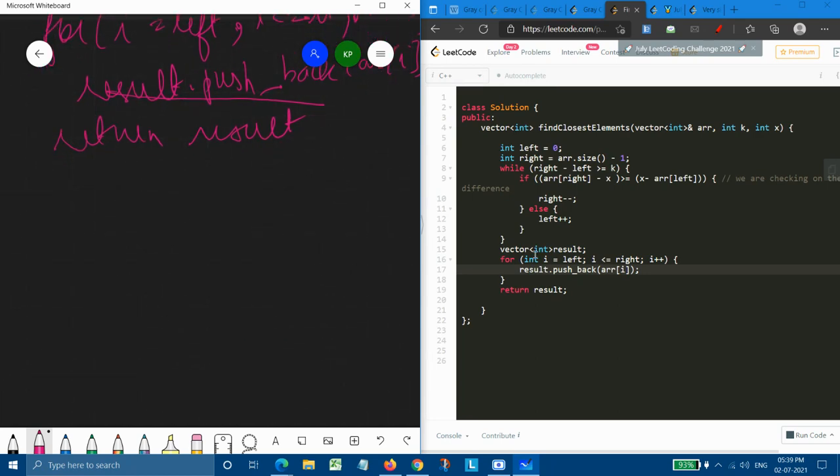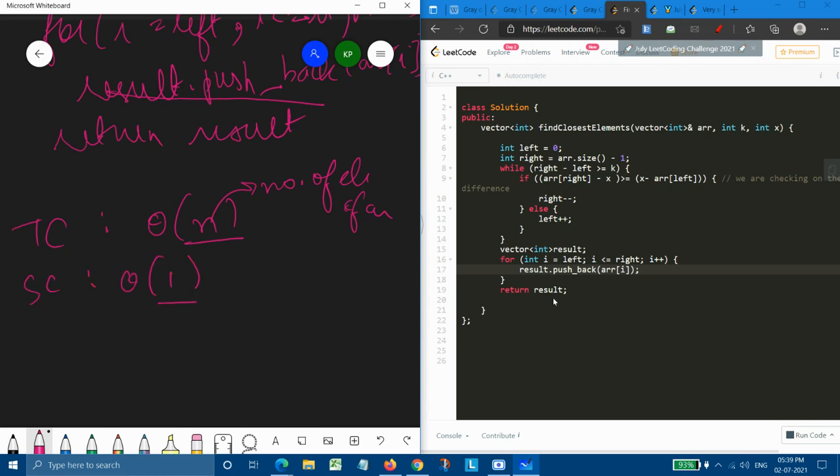On the right side we also have this code, and I have already explained this code while doing all this. So next is our time complexity. The time complexity of this solution is basically order of n. Here n refers to the number of elements of the array, and space complexity is simply order of 1.